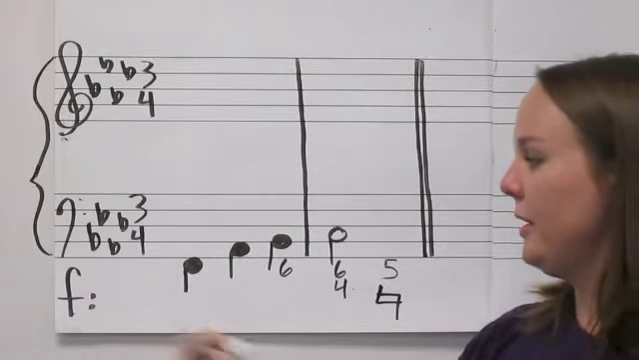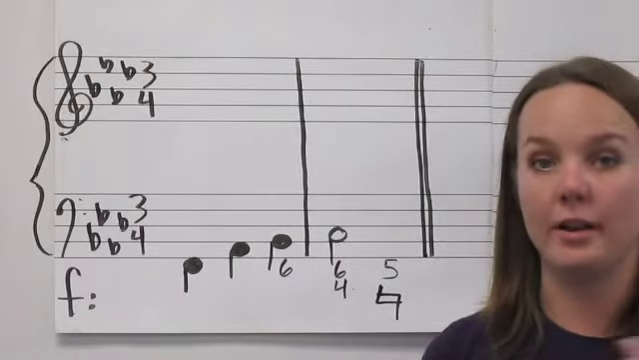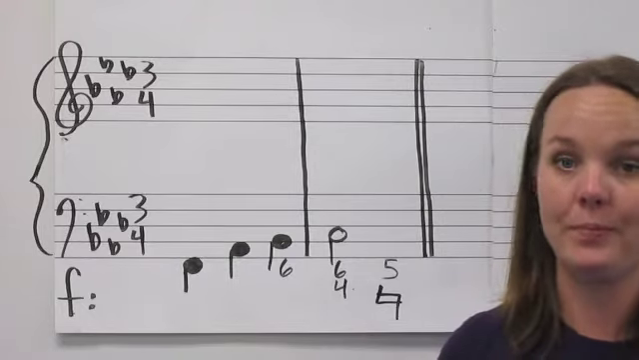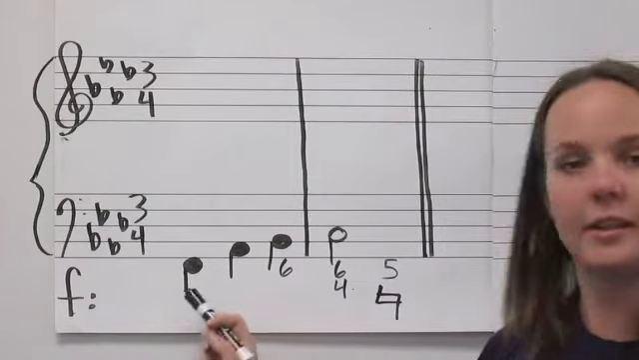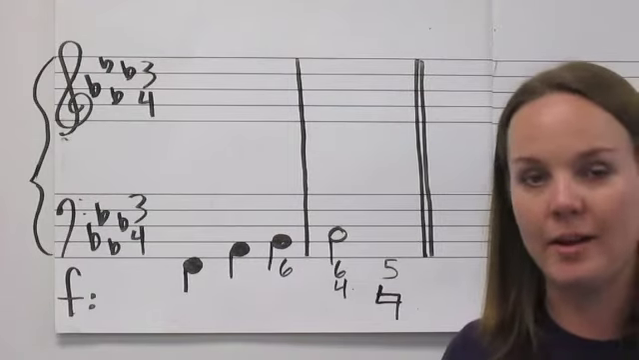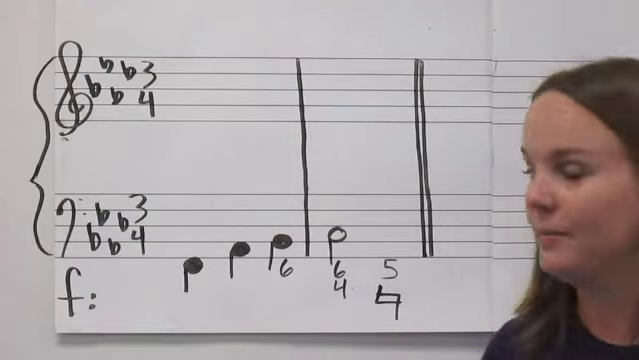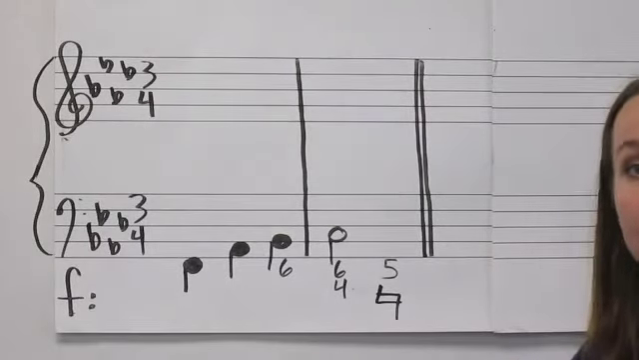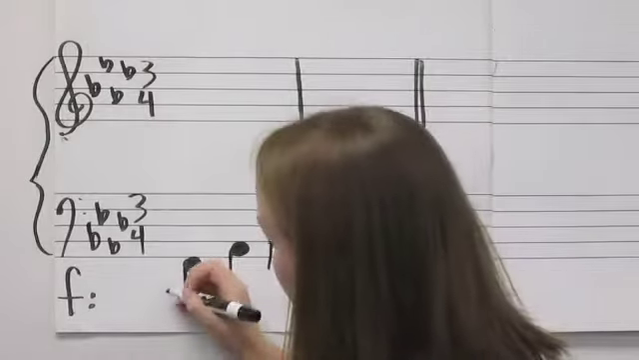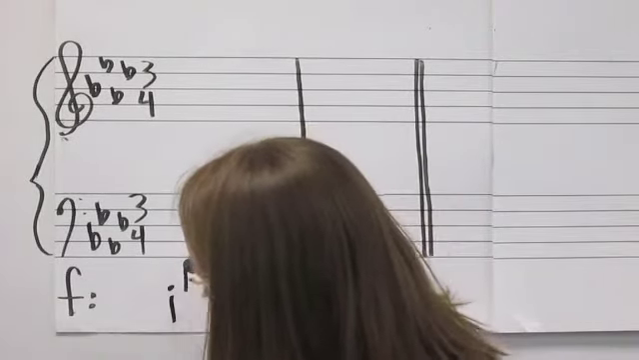Alright, we're in the key of F minor, so we're basing our whole analysis around the F minor scale. So our first note, F, does not have a 6 or 6/4 underneath it. It's all by itself. That means we're in root position. And F is the first step of the F minor scale, so we will write in a lowercase letter i,